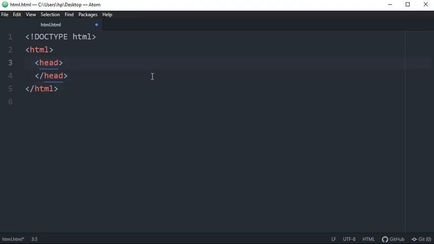Metadata contains information about the data you are going to write inside this HTML document, like the language it supports, English, and the direction it supports, left to right, or whether you want to flow the data right to left. When we write in Urdu we go from right to left, and when we write English or Hindi and other languages we go from left to right. So the direction is also metadata.